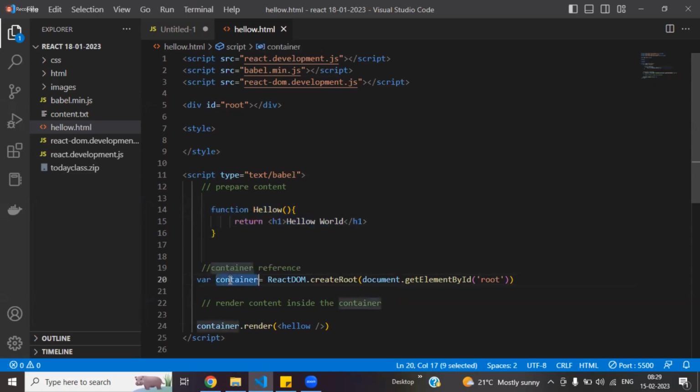It takes the container reference and comes to line number 24. Line number 24, container dot render. Is the element with a capital letter or a small letter? Tell me. Small letter. If the element is with a capital letter, then my React recognizes that one as a component and tells